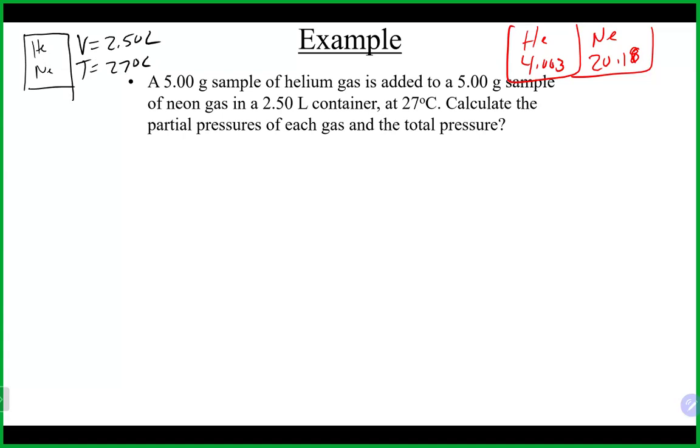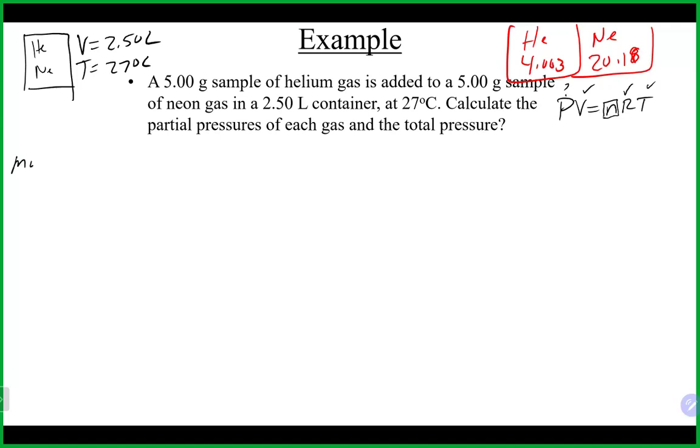So in this situation, again, we can use the ideal gas law for each gas individually, as we assume ideal conditions, that they're not going to really interact with each other. We already got the volume and the temperature. Obviously, we're looking for the pressure. We always, once again, have R. So in this case, we do need the moles of each of the gases. So that's maybe a good place to start.